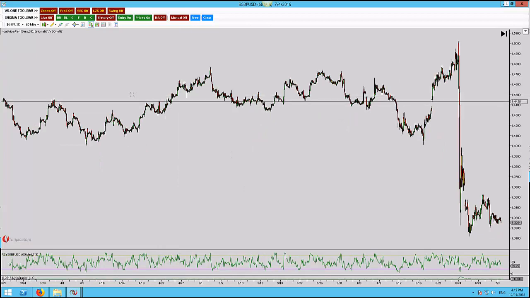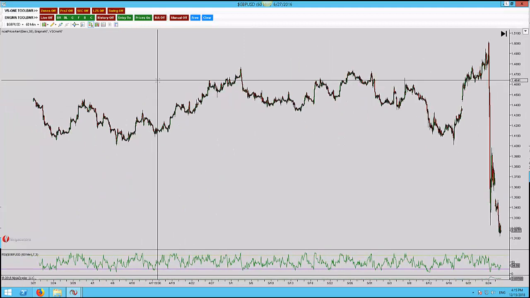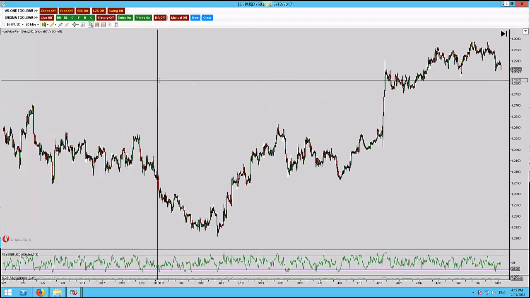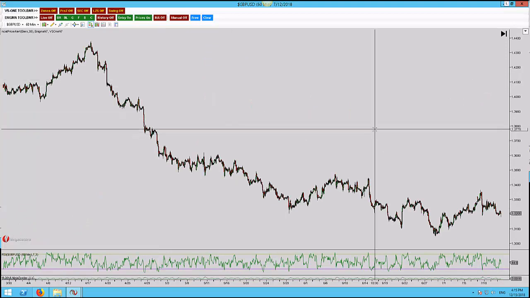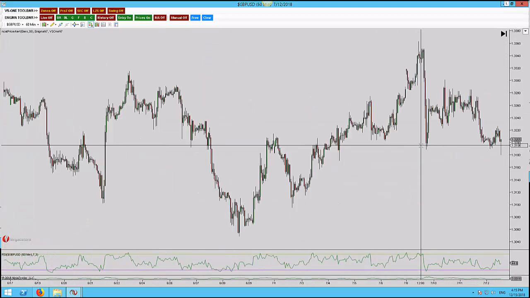I've gone to the end here, and I'm just going to pick some random area up to this level, say, and then without seeing the outcome of the charts, we're just going to go through them. So I'm going to be looking at things like AB equals CD patterns, looking for it to come in at structure, fib confluence, then I'll be using an entry reason like a double top or a double bottom or a head and shoulders, and then I'll be looking at head and shoulders, aggressive entry on the right shoulder,